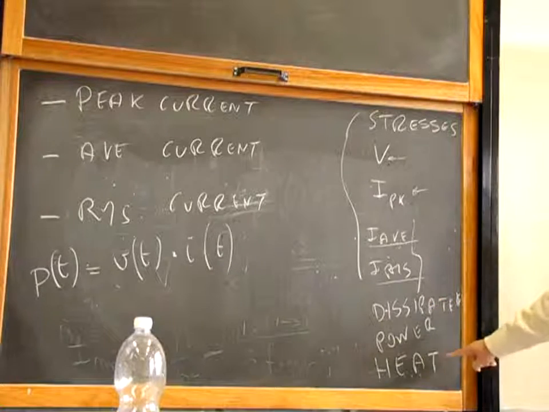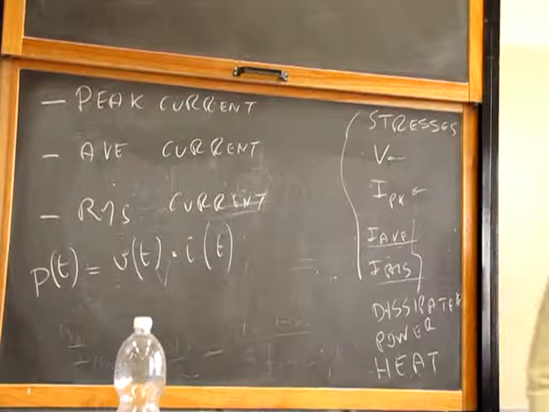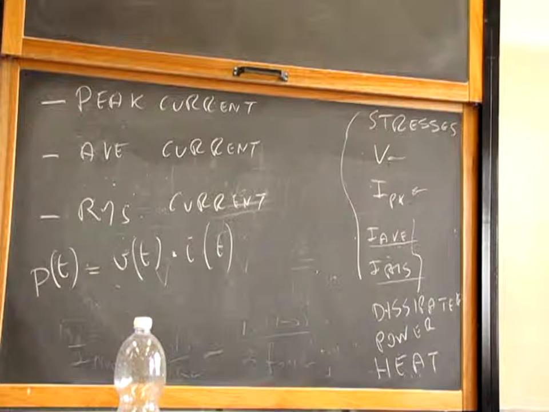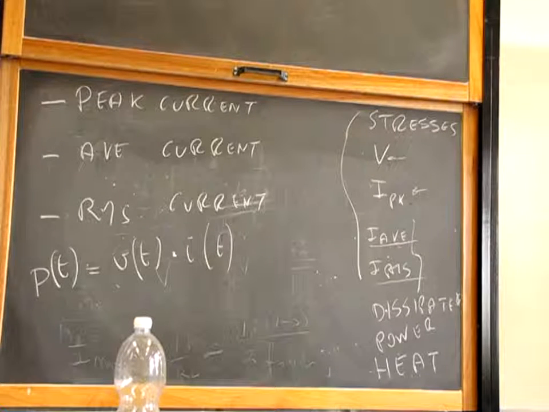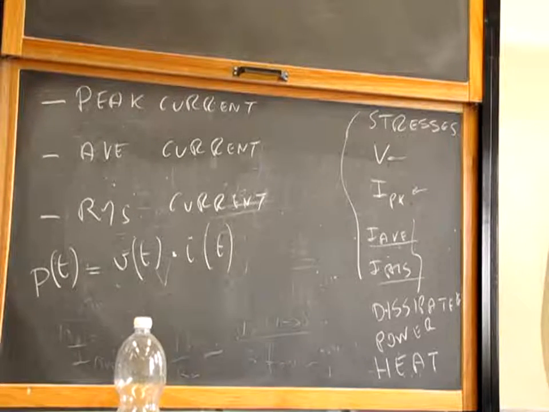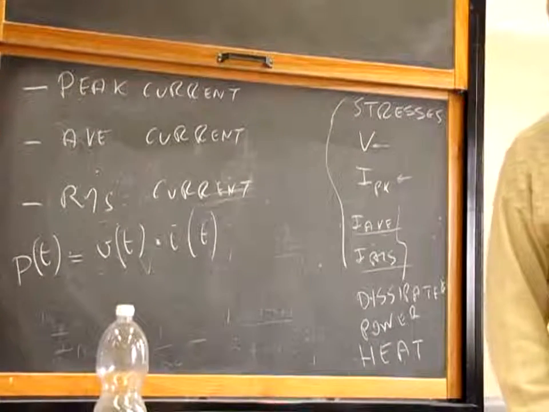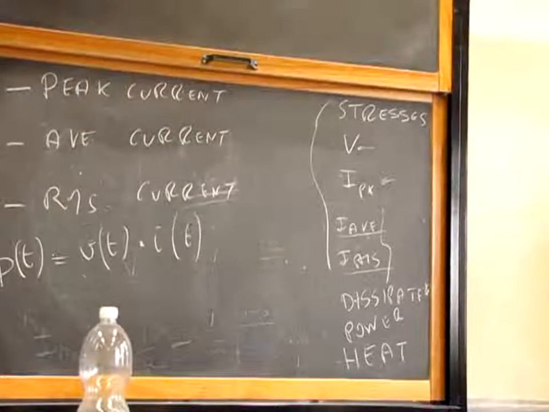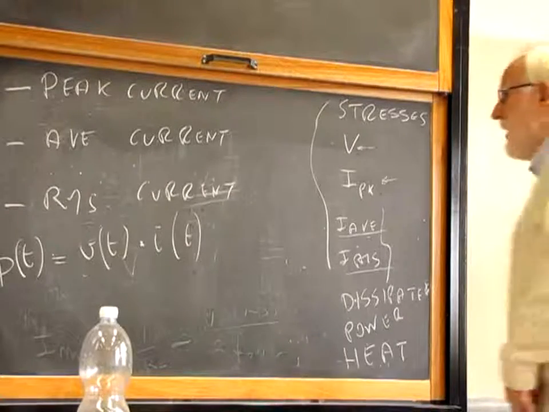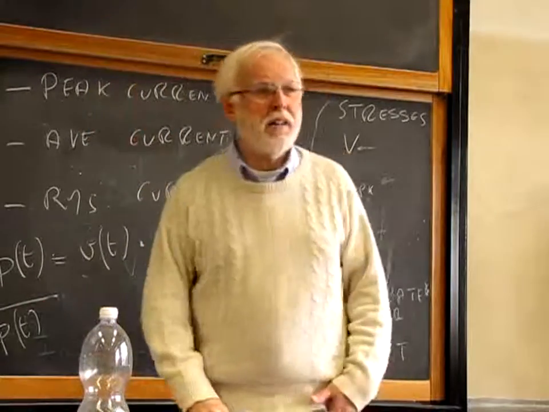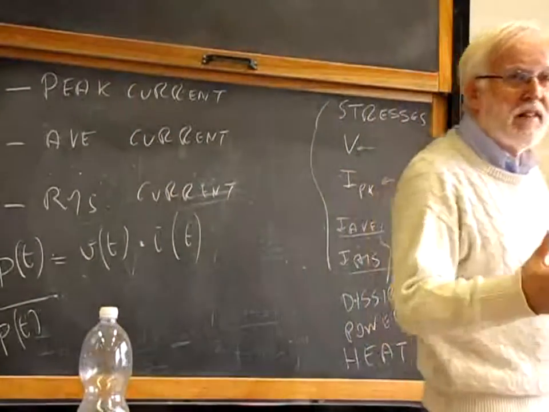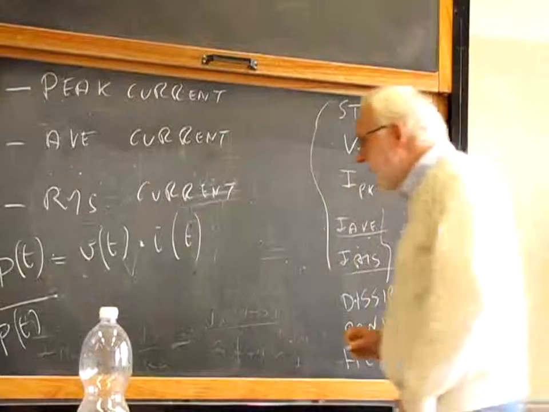Power is related to heat. And heat cannot change very fast in any physical object, because there is a thermal capacitance. Any object from the thermal point of view looks like a low-pass filter, like a capacitance. And so, what is important to find out the temperature most of the time is the average power. So we need to find the average power that is dissipated, that is generated by a component. And the average power equals,